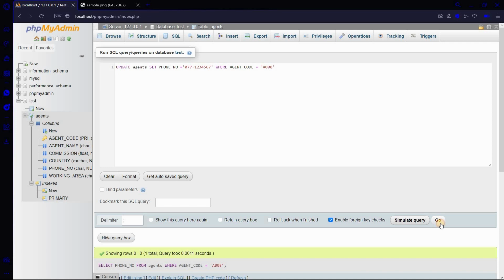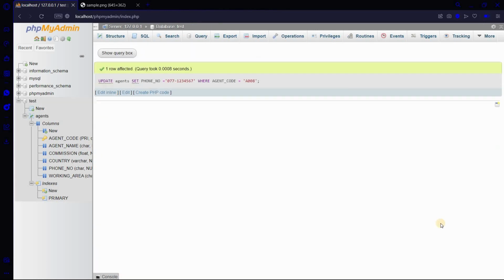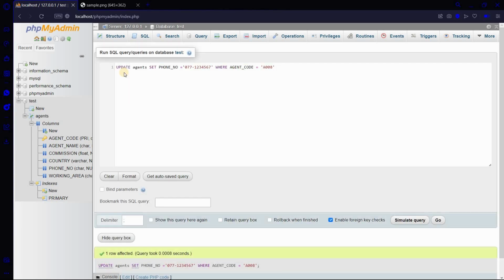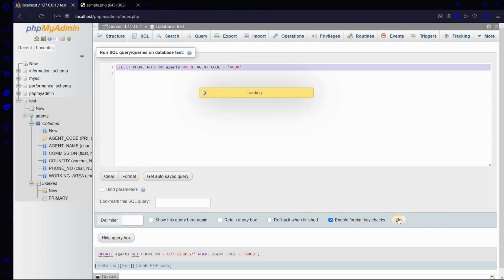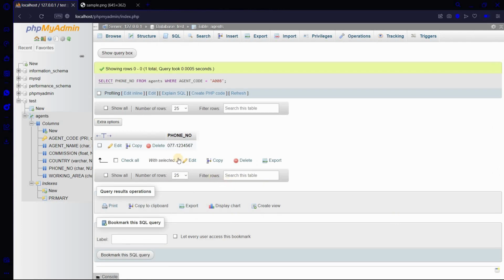Let us execute the command. As you can see, one row was affected. Let us see what happened to the phone number of agent A008. As you can see, the phone number of agent A008 was changed to this number.